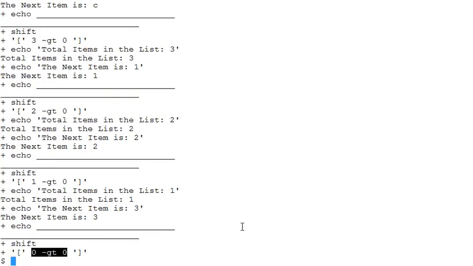So you can use the shift command to shift the values of the positional parameters, and you can always use $1 to point to the first parameter or the first value passed to your script. With the help of the shift command and the while loop, you can walk through each value passed to your script. You can process each item. Alternately, you can use the for loop I have shown you in this video tutorial. It's a matter of your choice which method you choose.